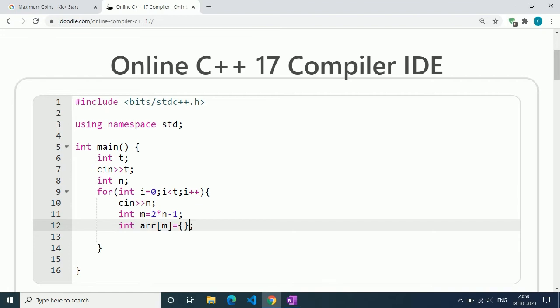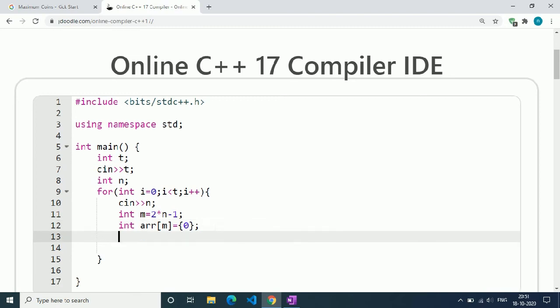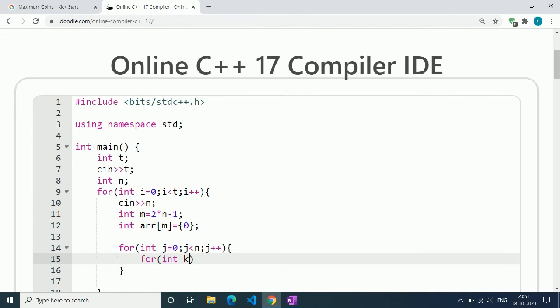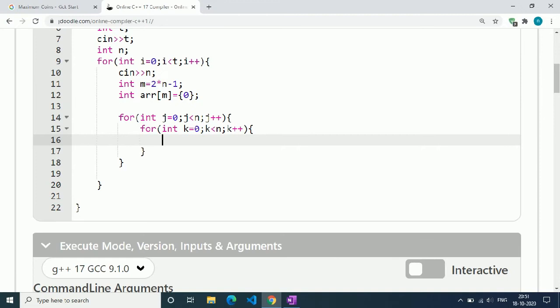So we have an array of m size. Now we have to get all the values of our matrix, and also we want to start our array with all the elements equal to 0. So initially we have an empty array. For all the elements of the matrix we have to go through two for loops. Again, we are not storing the matrix, we are going to store the sum and start with the midpoint. So let's say we have input some variable a.